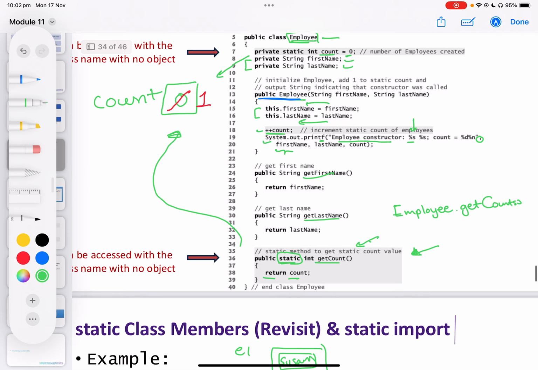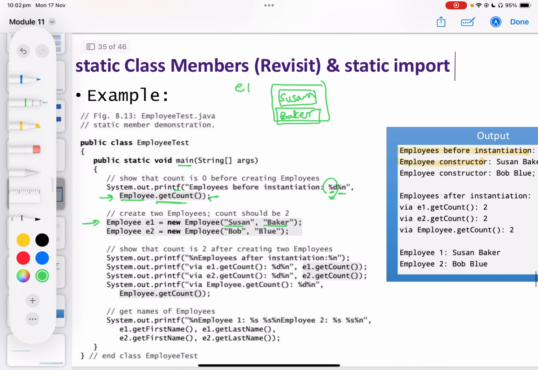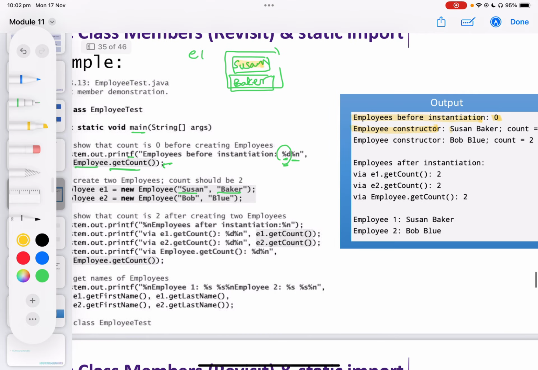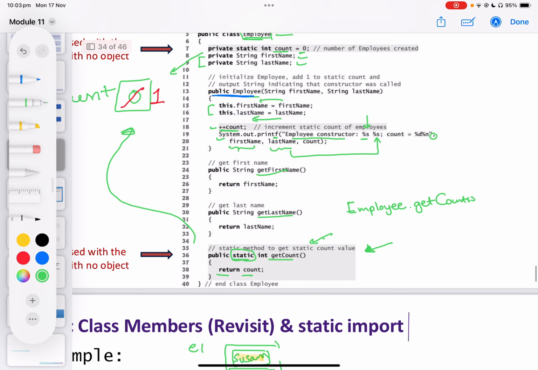Then this is the first string that will go over here instead of the S. And this is the second value that will be going here instead of the second S. So the first S, we're going to print the first name, which is here. Look at it. Susan. So Susan is printed. And then the last name, which is Baker. Not finished. Then print for me